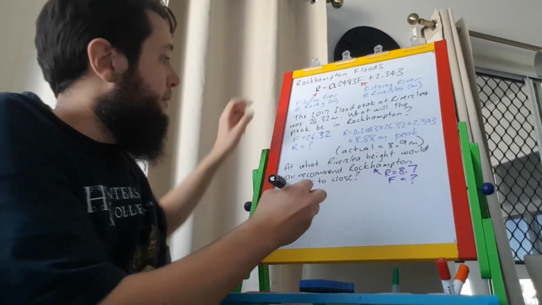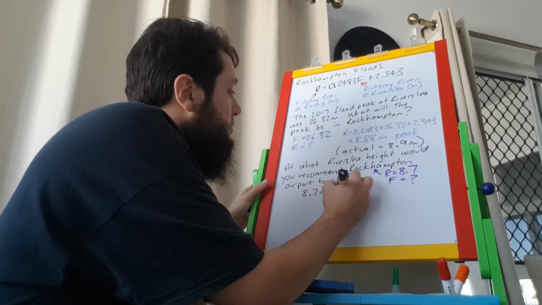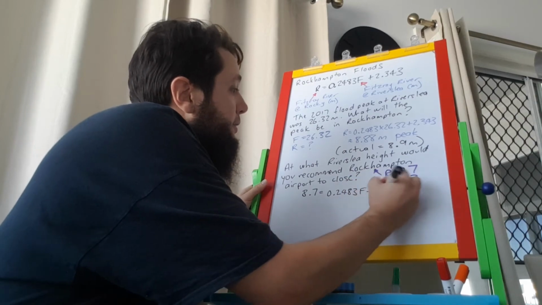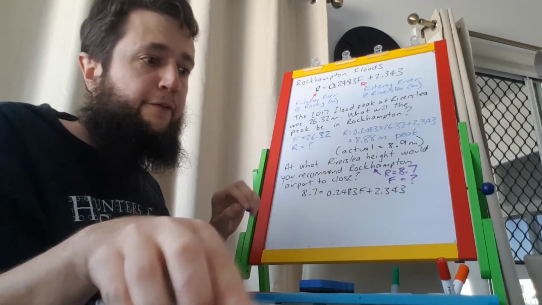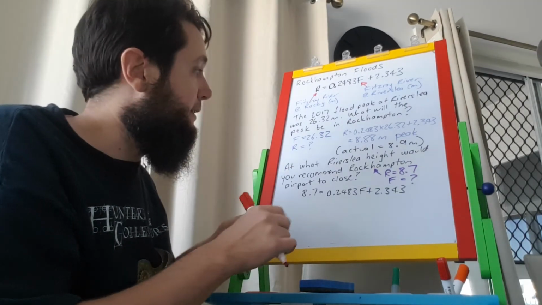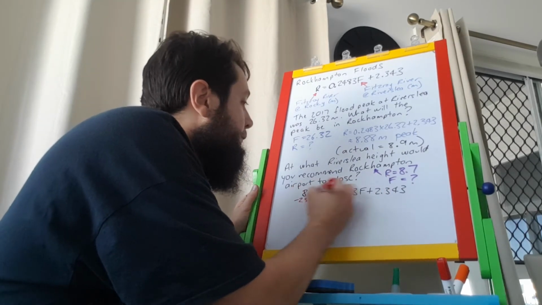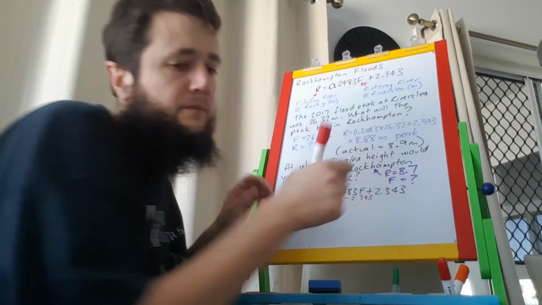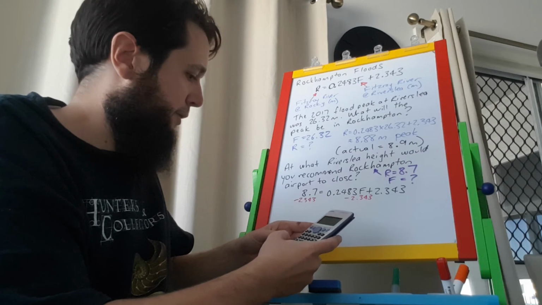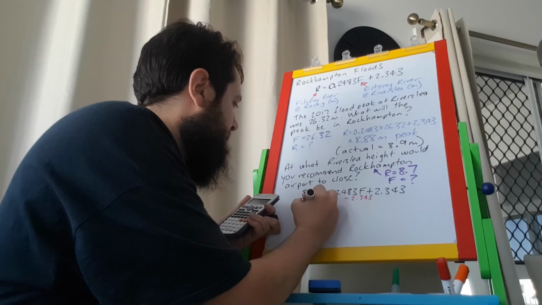Again, normally I'd write the formula first, but limited space. 8.7 is equal to 0.2483 F plus 2.343. So we need to solve for F. I hope you realise from your algebra generally, whatever we do to one side, we do to the other. I'm going to take that 2.343 from both sides. So that gives me 8.7 subtract 2.343, gives me 6.357 equals